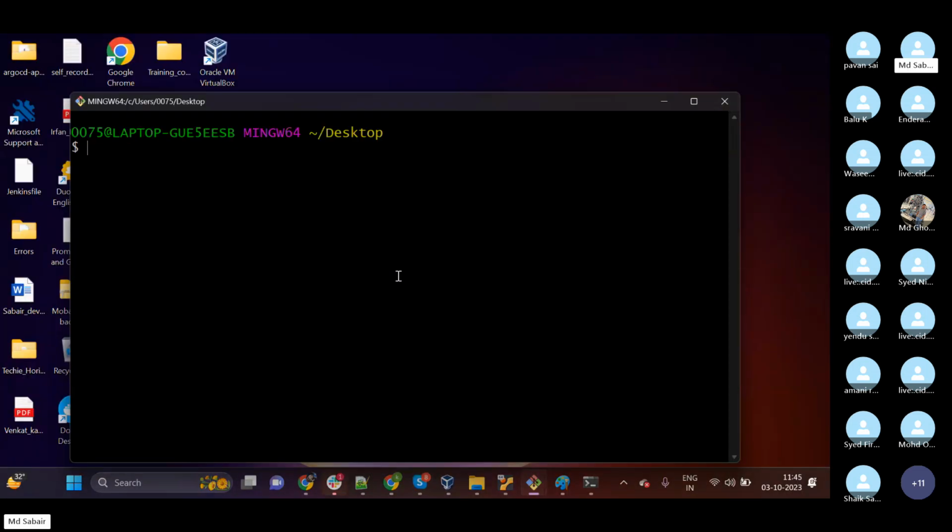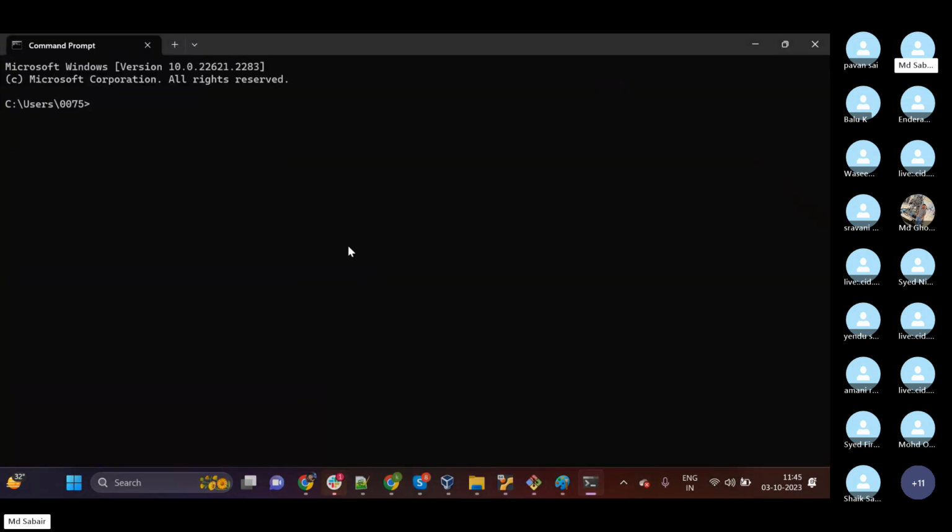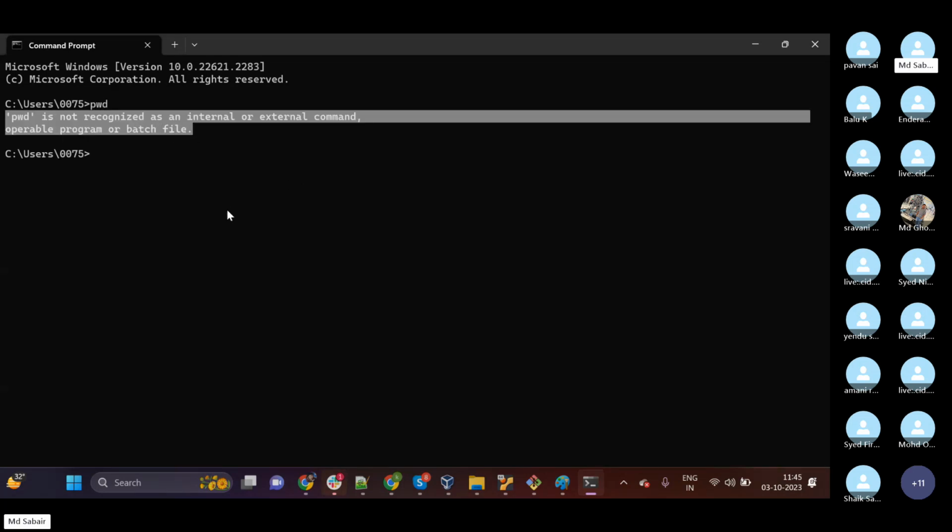Sorry guys. So we have installed Git Bash, which is also nothing but one terminal in our Windows machine. Why have we installed Git Bash? Git Bash will help us to execute some basic Linux commands. If you see this CMD, if I do pwd, see, pwd is not recognized as an internal or external command. Always make sure that the moment you have executed one command, you check the output as well. Try to read the output, what is happening.